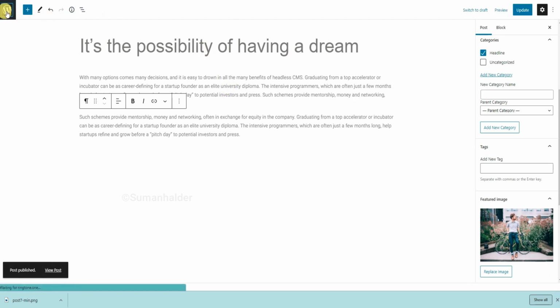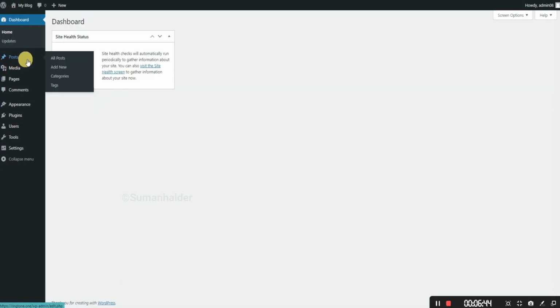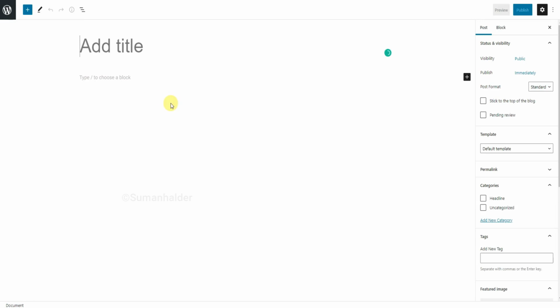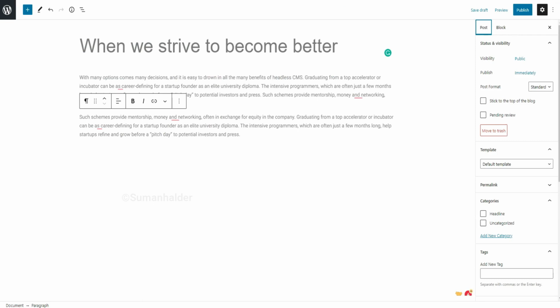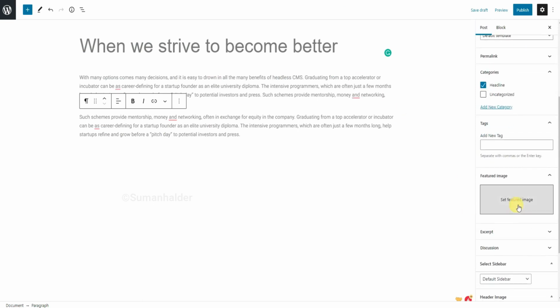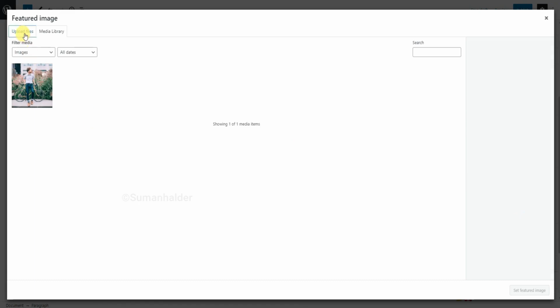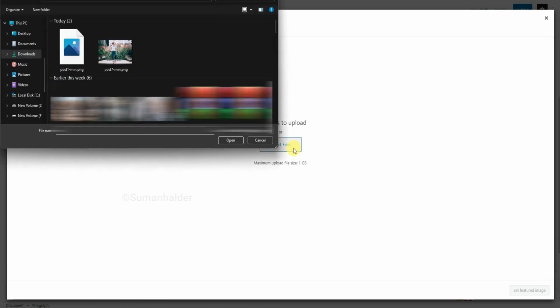So back to the WordPress dashboard and then click add new and write the title and write some content and click the post option and create a category and set a feature image and choose your feature image.